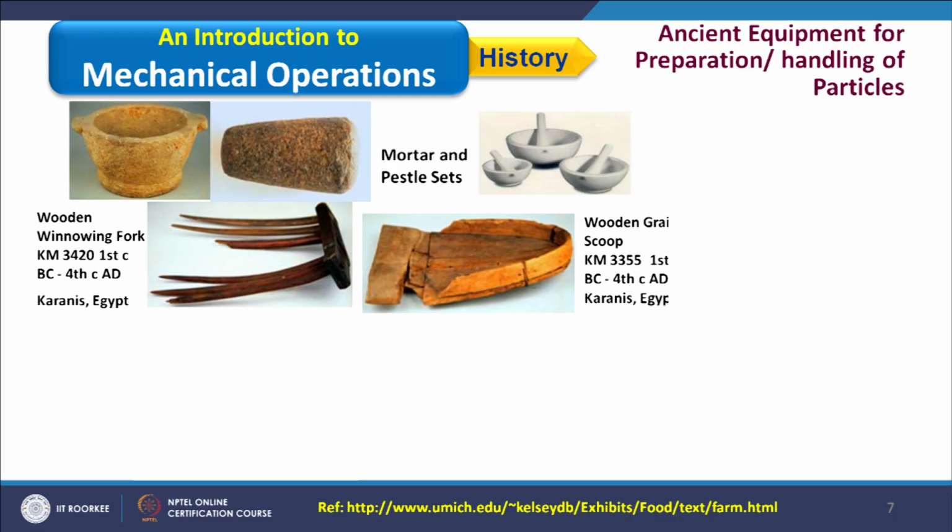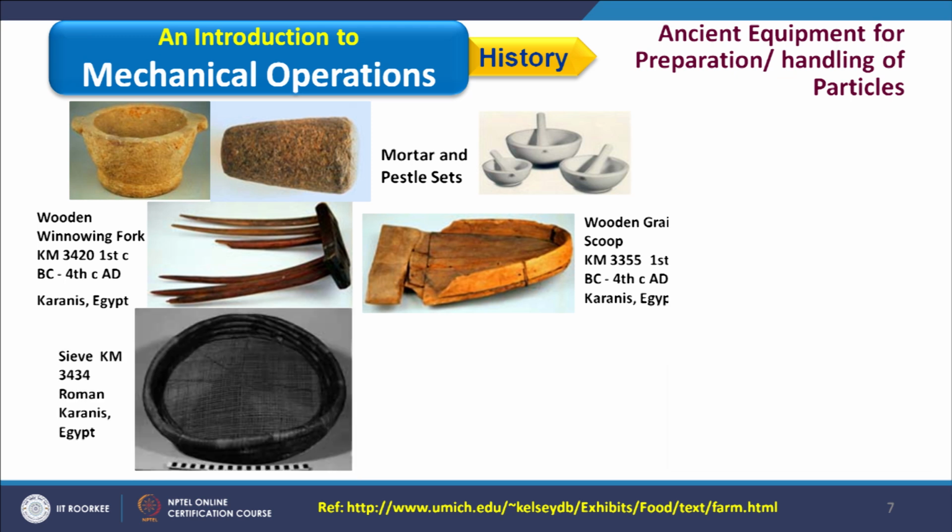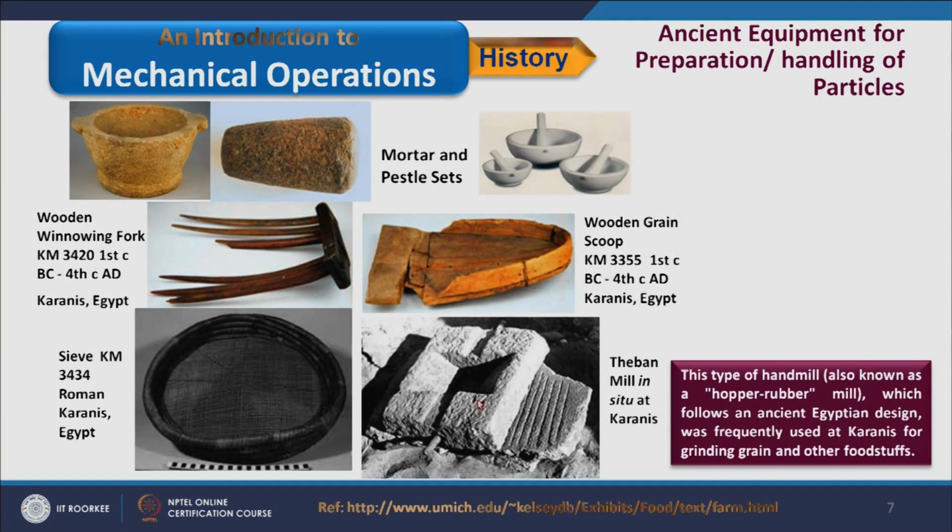Another example is this scoop. This scoop we are using in our houses today also. It is basically used to remove impurity or to remove grain from edible solids. Further, I have another example, this sieve, which we call the screen, to separate uniform size particles from a non-uniform mixture. And here, this example is nothing but the grinding mill in which